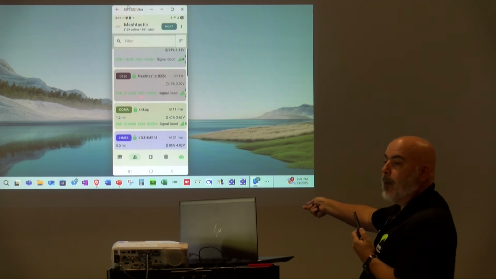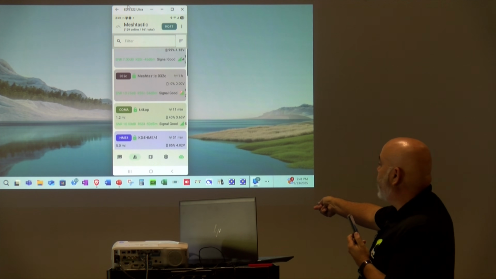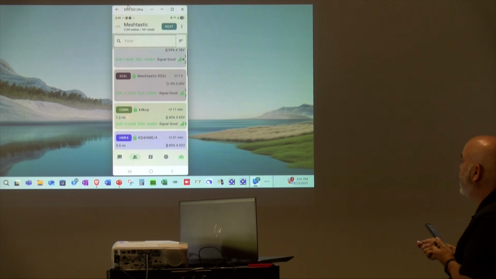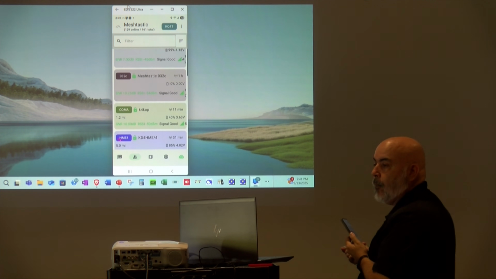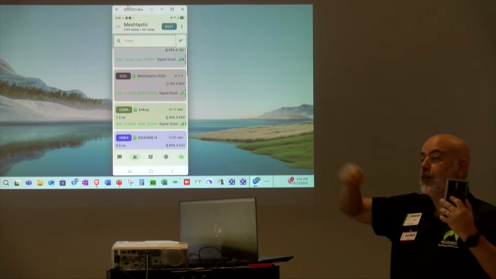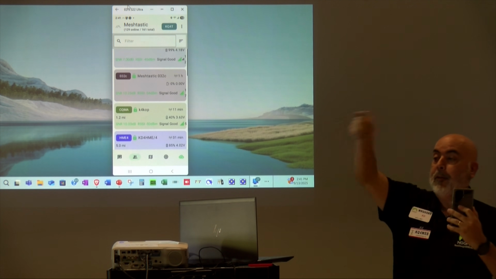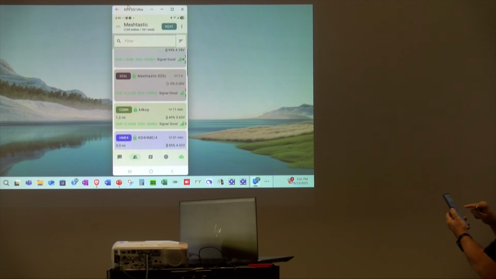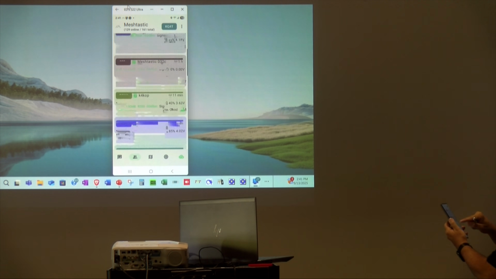This is just like on a cell phone. Here's my strength indicator. Here's my signal to these nodes. Like that K4KOP is me, but it shows 1.2 miles away. That's because I have my settings to not be accurate. Right. He doesn't have an exact location set. He's got it set up so if you look at a map, it would show a circle. He'd be within that 1 mile circle. Okay? So these nodes I can